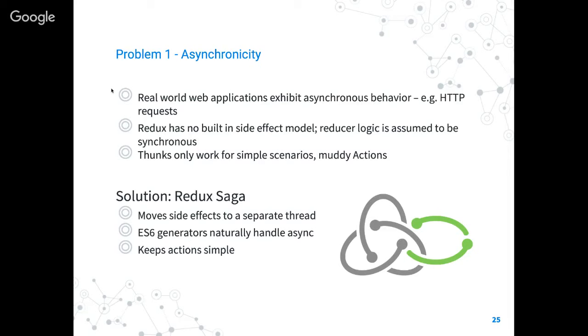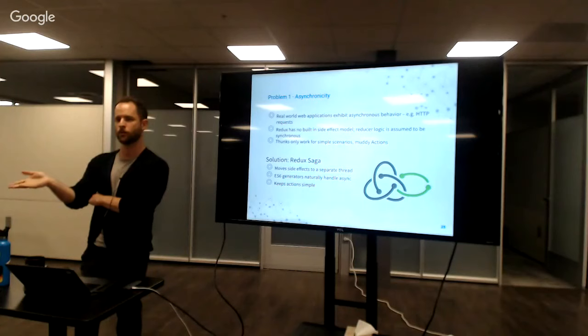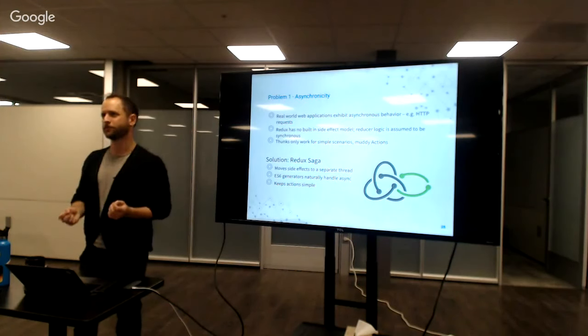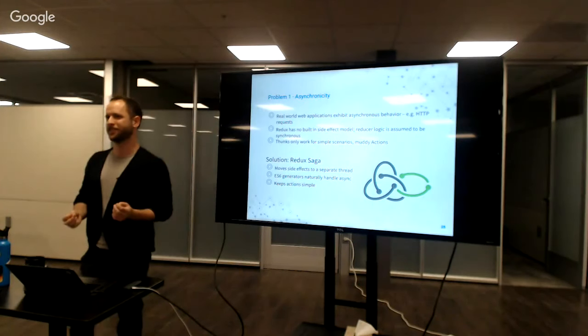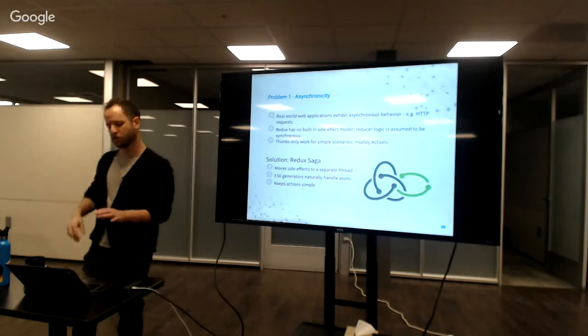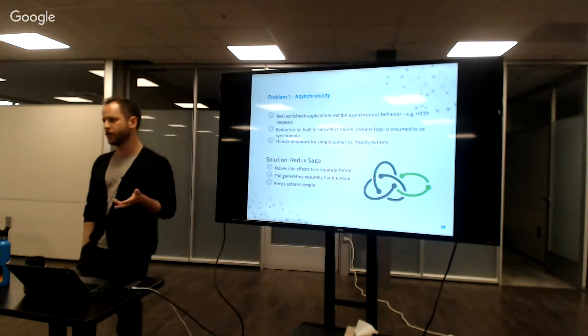Now, the way they do this, which is really, really elegant, is they use ES6 generators. Anybody here use generators before? Okay. How about async await? Okay, so generators are like async await's less user friendly but more powerful predecessor, and they work particularly well with sagas. But effectively, they achieve the same thing.